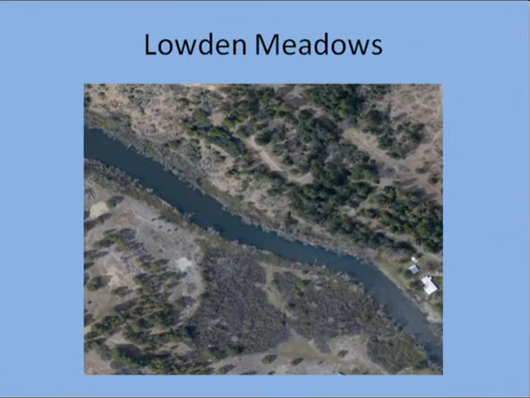And that shows up here at a Loudon Meadows example. Here's the site prior to construction. It's got our typical Trinity. We have kind of heavy berms on both sides. The river's not going anywhere.